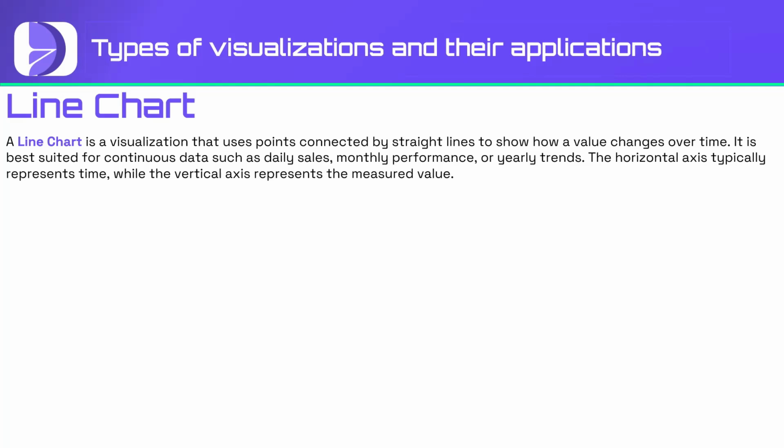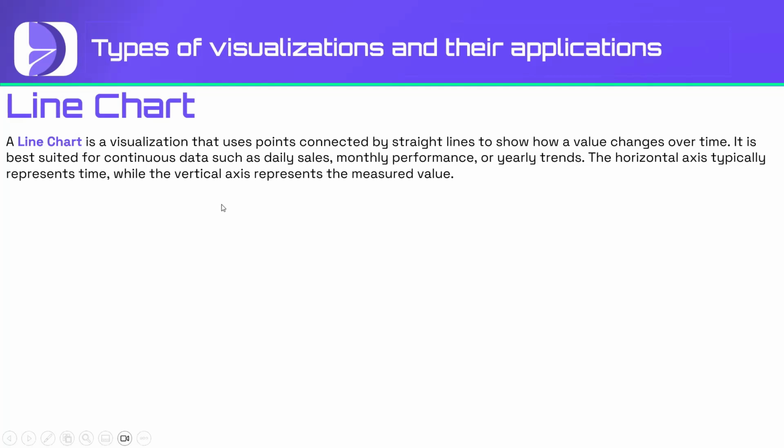It's best suited for continuous data such as daily sales, monthly performance, or yearly trends. Continuous data, like your daily sales, from day one to the last day of the month, or monthly performance from January to December, or yearly performance from your start year to your current year. The horizontal axis typically represents time,